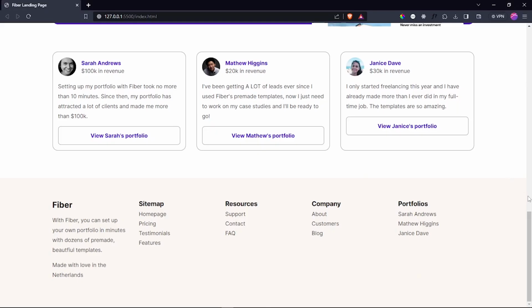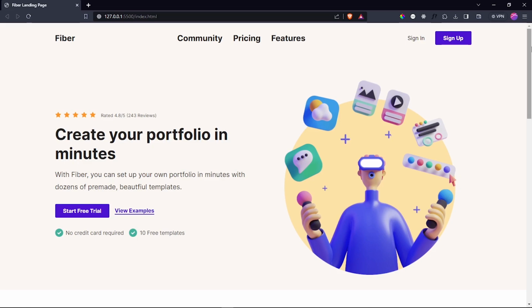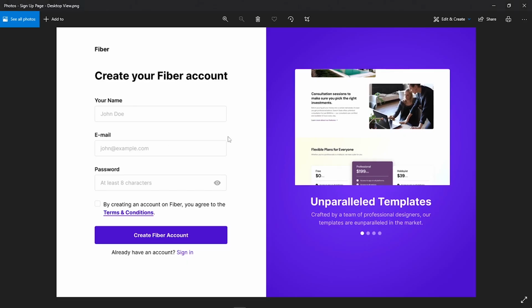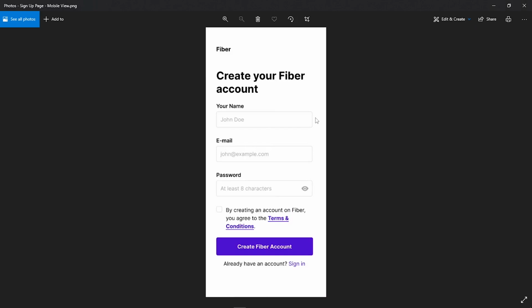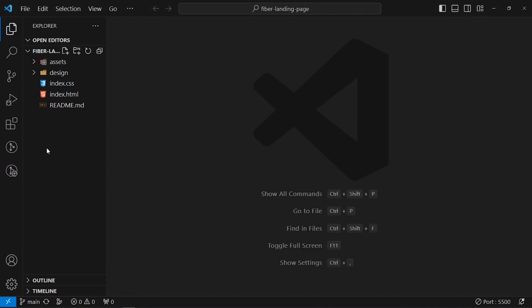Okay, and so now that we are done with our footer, the next thing that we need to do is go ahead and create our sign up page. And this is how our sign up page looks on desktop, and this is the view on mobile. So the first thing that we're going to do is back inside our workspace, we're going to create a new file here, and we're going to call it